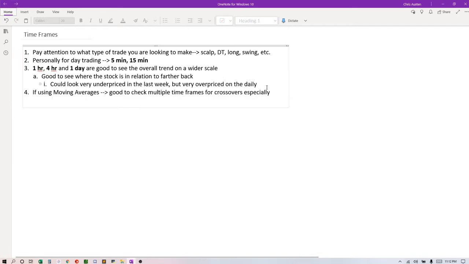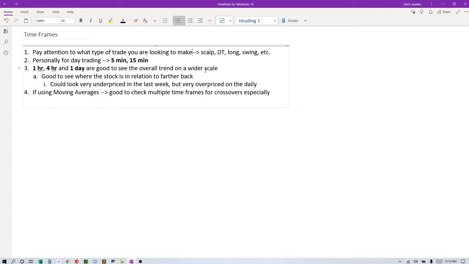So first thing here is depending on what type of trade you're about to enter, and this is pretty self-explanatory, but sometimes people focus too hard on a 5-minute chart when they're entering a long, and they start to freak out a little bit because on the 5 minute it's going down a little bit. You need to understand that you're longing the stock, so you should be zooming out, looking at a 4-hour chart, a 1 day, a 1 hour, and basing your entry and exit points off of that,